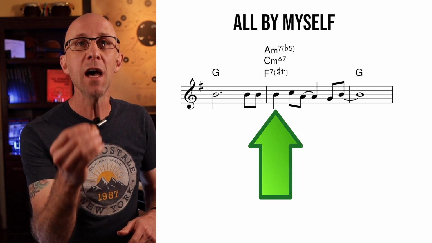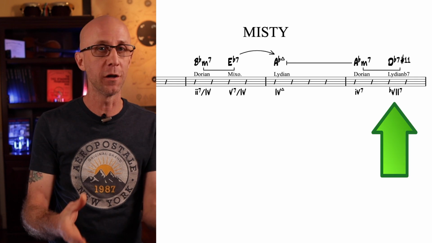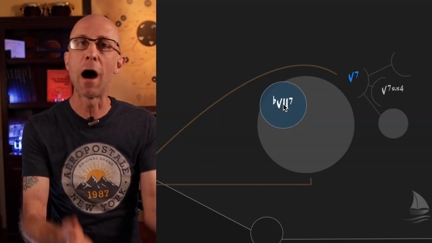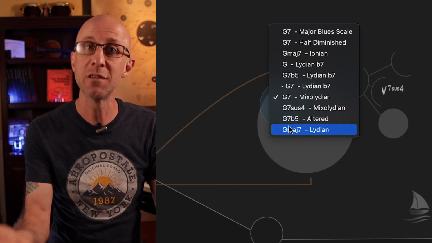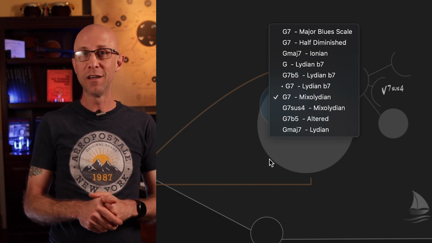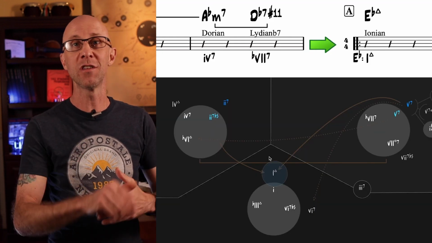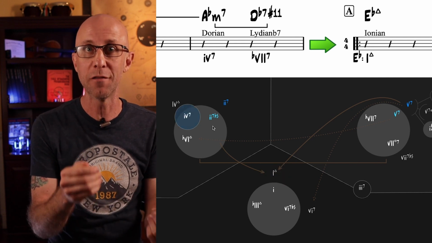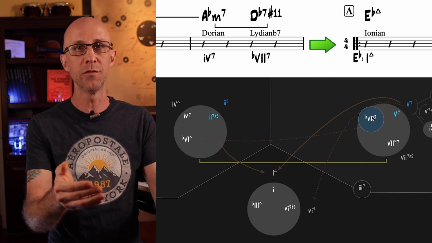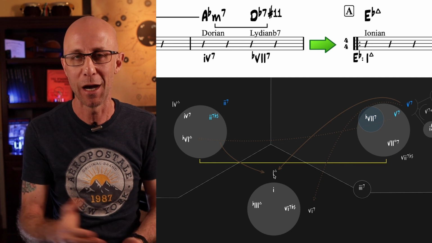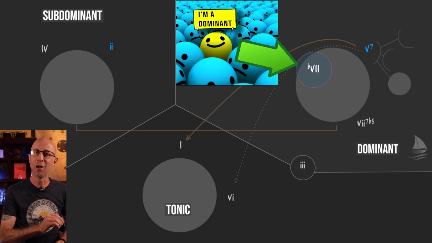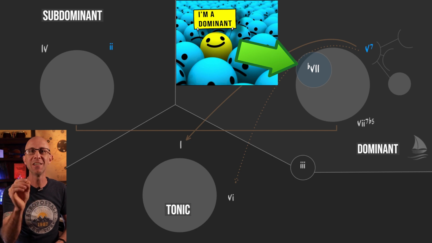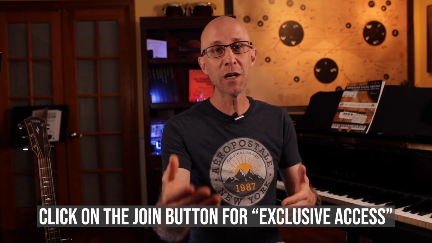So the flat 7 could replace the 4, it could follow the 4, it could be a triad, a dominant sharp 11, and even a major 7 chord, depending on where we're borrowing it from. And as I've shown you in previous examples, it works really well when it follows a subdominant and resolves to the tonic, acting as a dominant chord. But in reality, this chord does not really belong to the dominant region. It's an imposter chord.